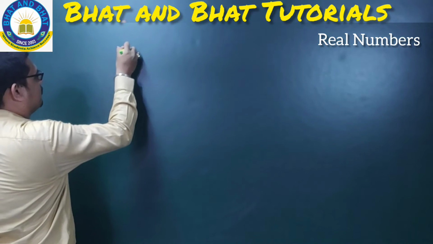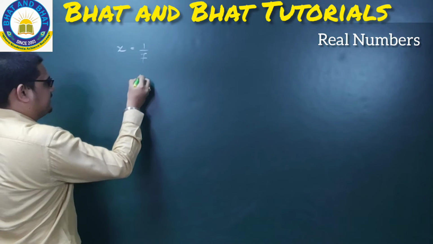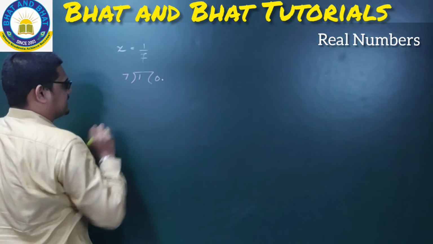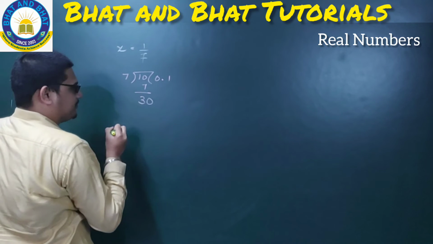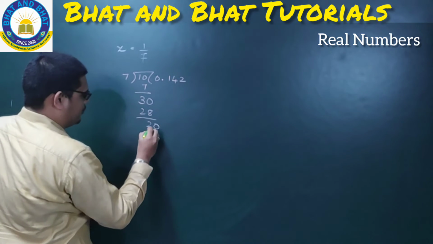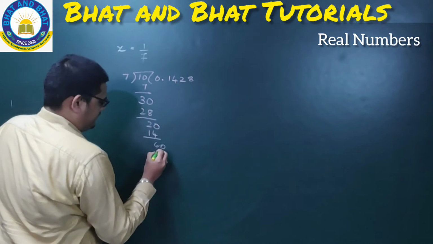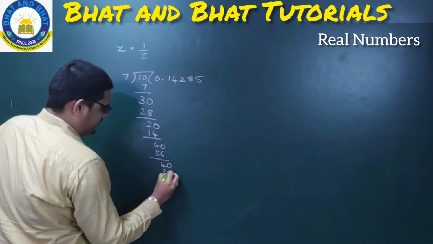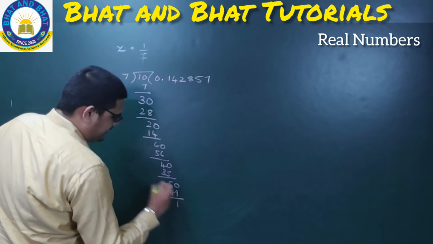Let me take x is equal to 1 divided by 7. So let us go for the expansion of this, 1 divided by 7. As the numerator is smaller than the denominator, it directly starts with a decimal value. So 7 ones are 7, 3 is the remainder, 0, 7 fours are 28, 2 is the remainder, 7 twos are 14, 6 is the remainder, correct? 7 eights are 56, 4 is the remainder, correct? 7 fives are 35, 5 is the remainder, 7 sevens are 49, 1 is the remainder.